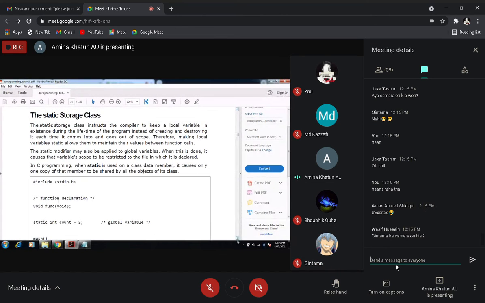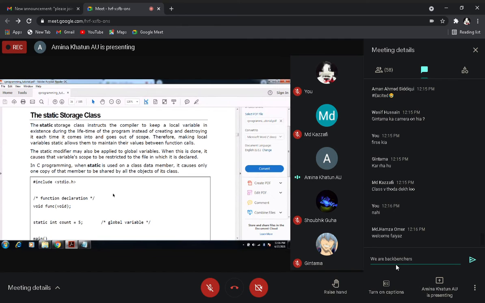Here, whenever you are using static storage class, that means you are keeping that local variable, and the lifetime of that variable will be the lifetime of the whole program, until the program completes its execution.